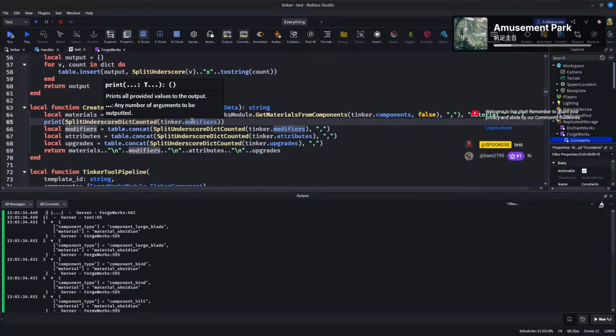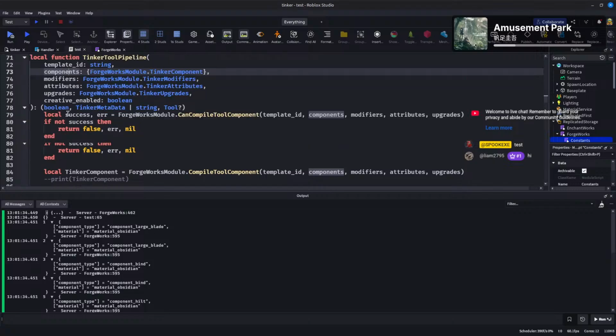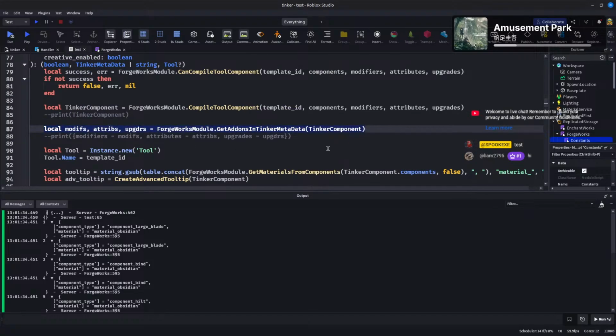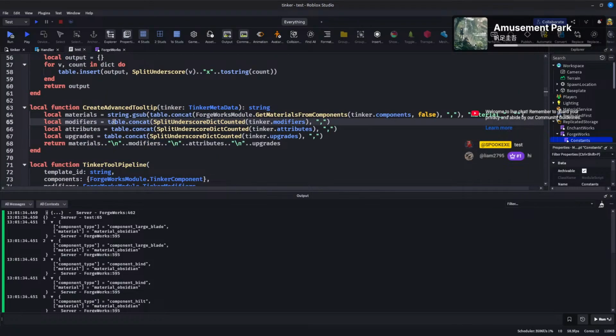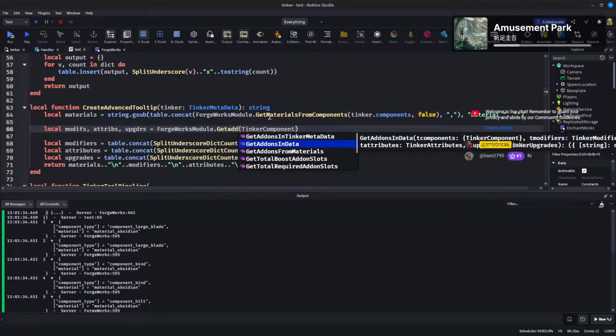Split underscore dictionary counted. The modifiers. Oh, you know what it is? I know what's up. The modifiers is what we're adding to it, not what the materials provide as well. So what we need is this one. Or the other version of this one. So what we need is get add-ons in data,